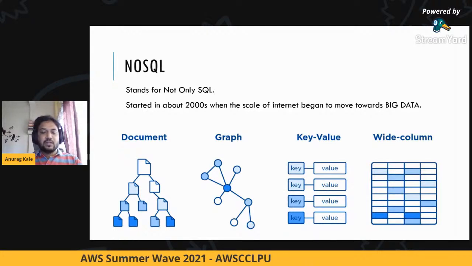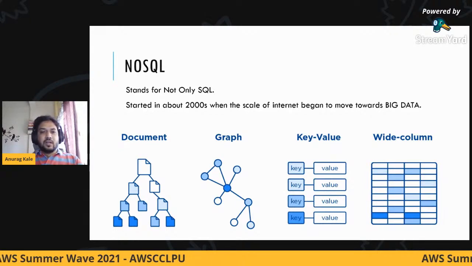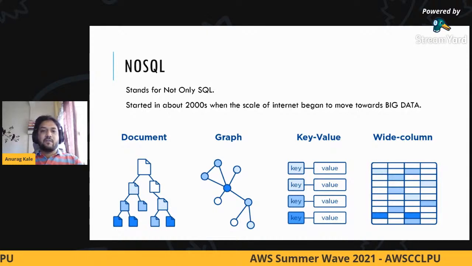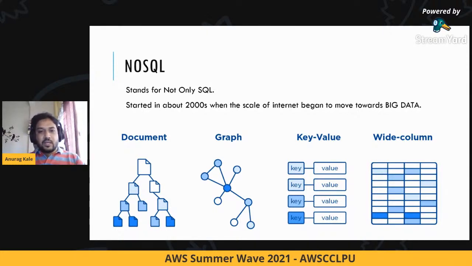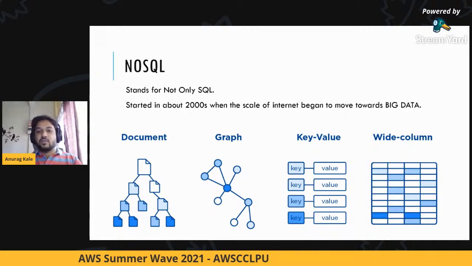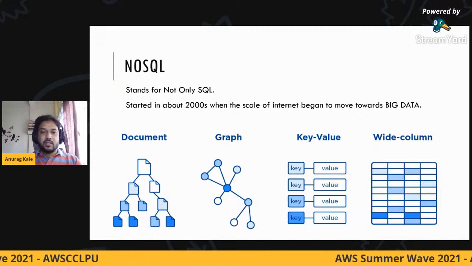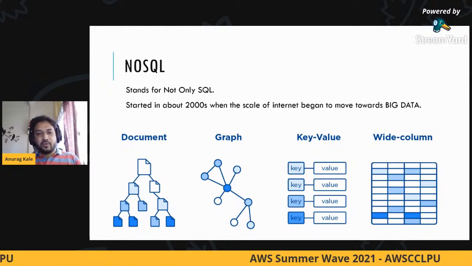The simplest one is the key value kind of database. So what does key value mean? Imagine a lock, the one that you put on your doors.